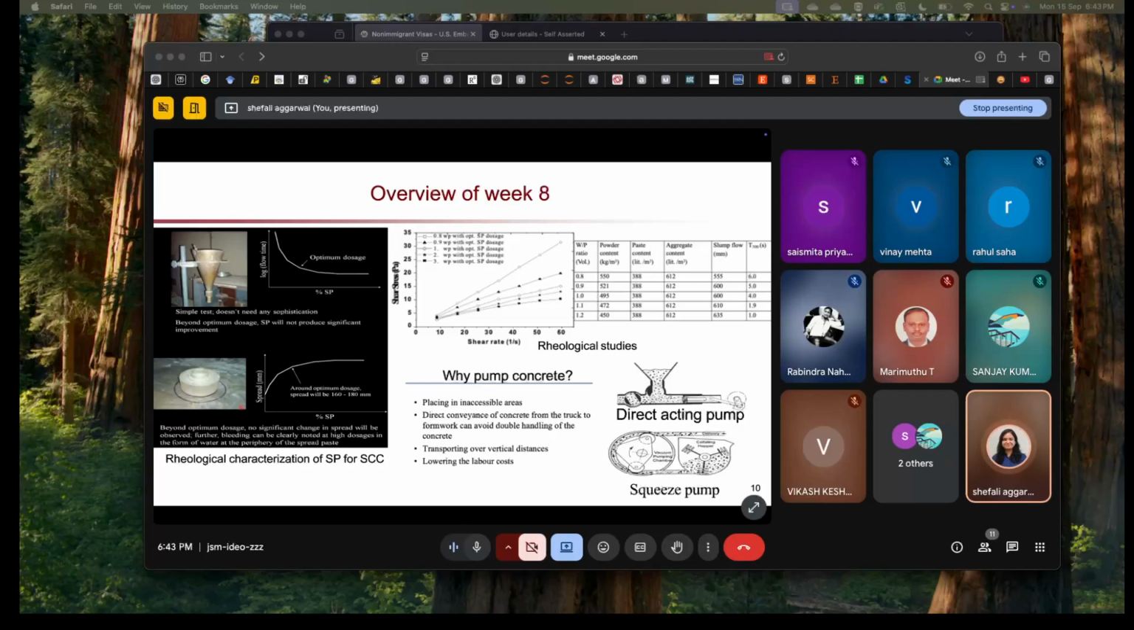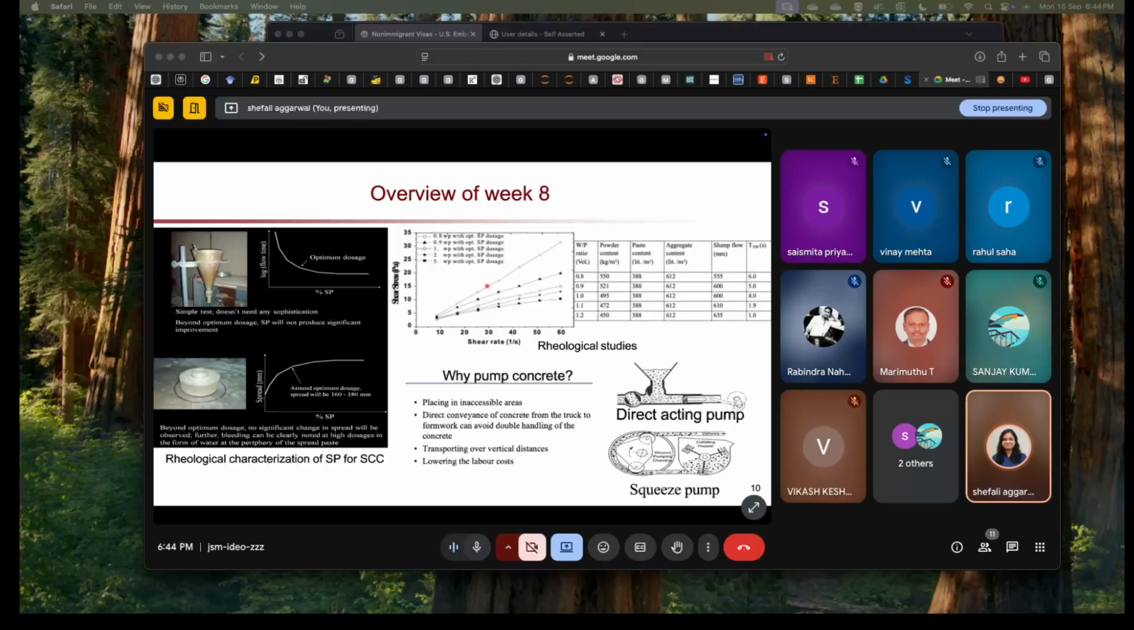In the same way we calculate with the mini slump test. In that case you are calculating the spread value in mm, how much your concrete is spreading. When it starts getting linear, you will say that is your optimum dosage of superplasticizer. So this is a rheological study done with different superplasticizer dosages,